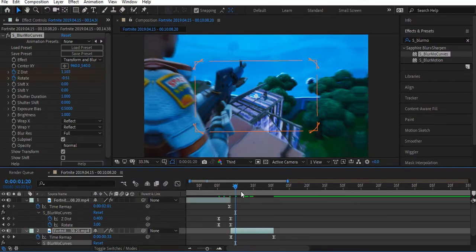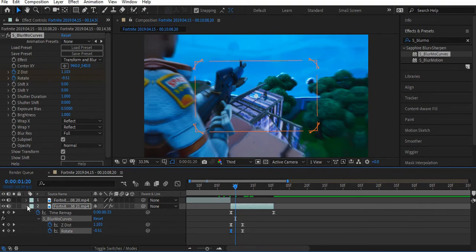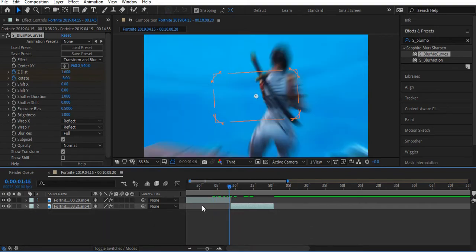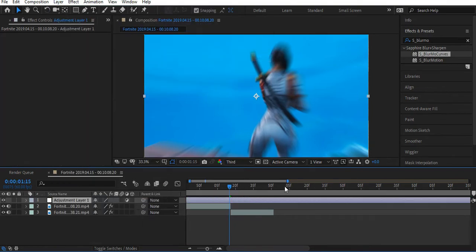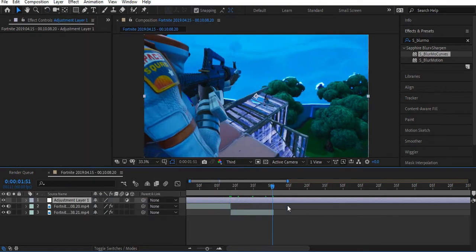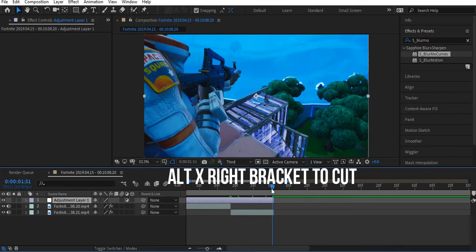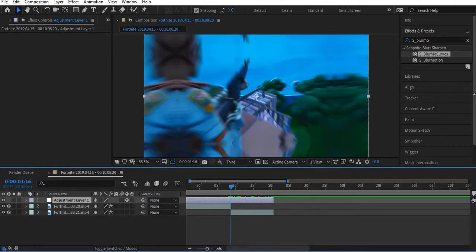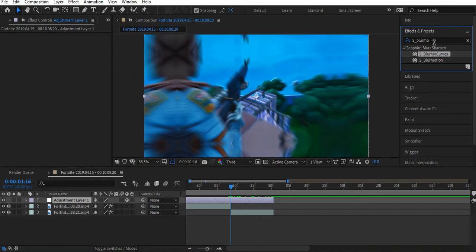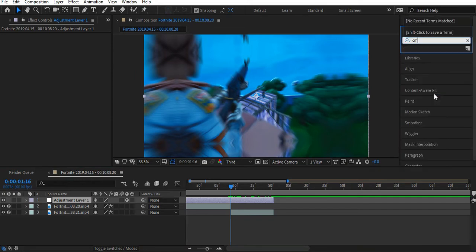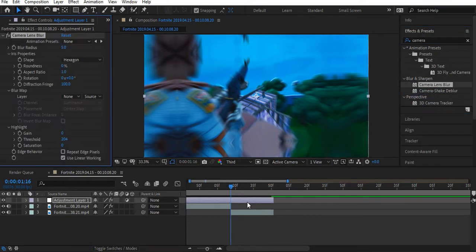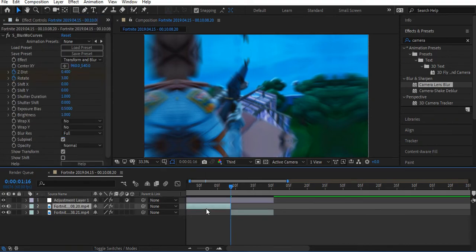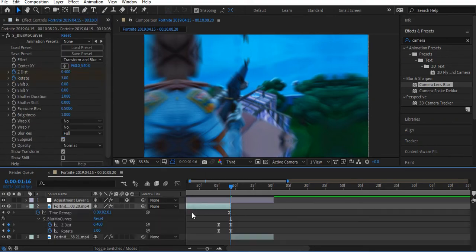And we'll get rid of this now, close it up. You can also add an adjustment layer, so click on the top layer, new adjustment layer. I'll cut it over here. And what you're going to want to do here is search up camera lens blur. Camera lens blur over here, and push U on your keyboard on the first clip to see these